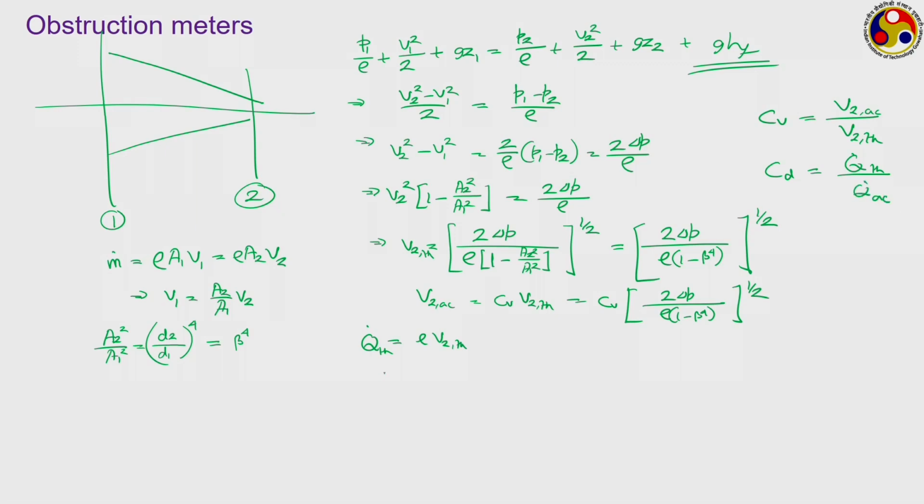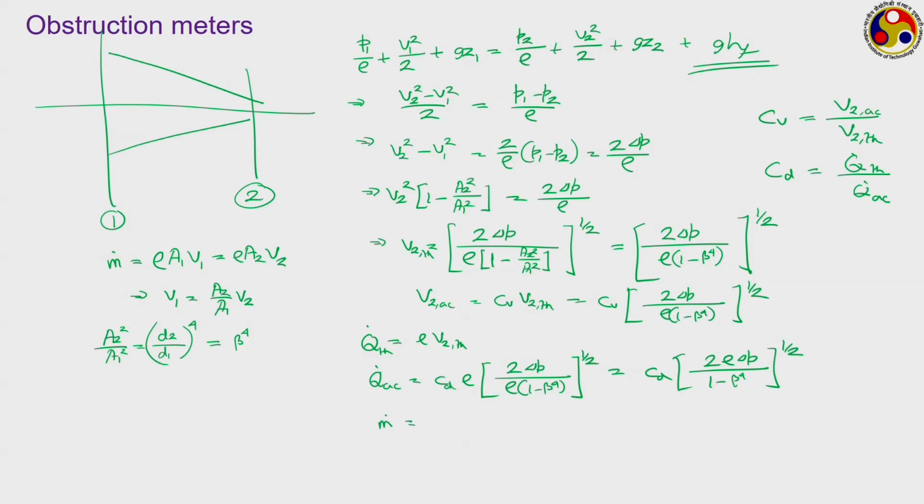So, Q dot actual will be equal to CD into rho into V2 theoretical, which is 2 delta p by rho into 1 minus beta to the power 4 whole to the power half, that is equal to CD into 2 rho delta p by 1 minus beta to the power 4, whole to the power half. And if your interest is mass flow rate, then mass flow rate will be